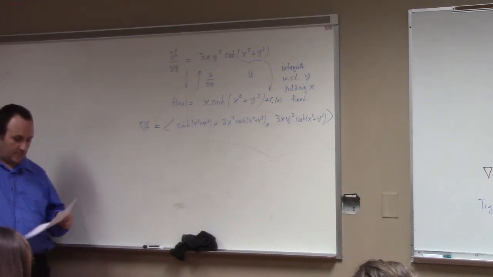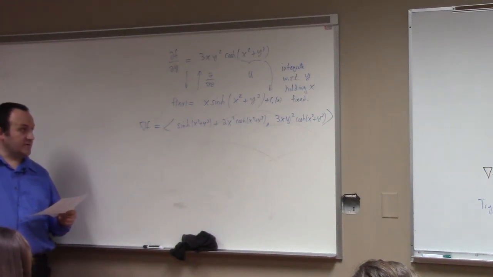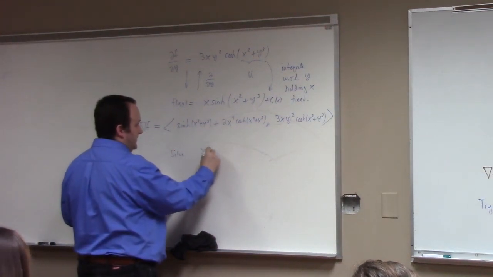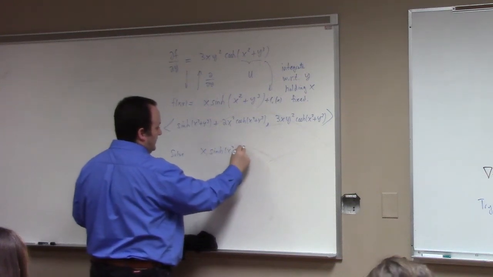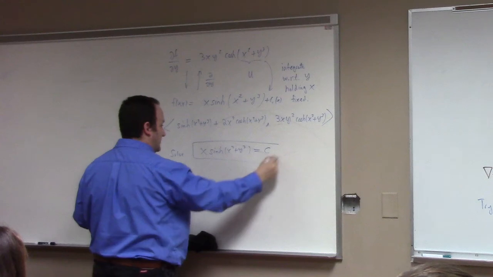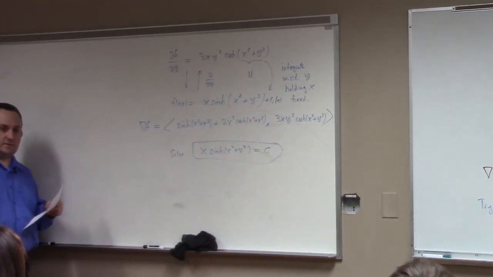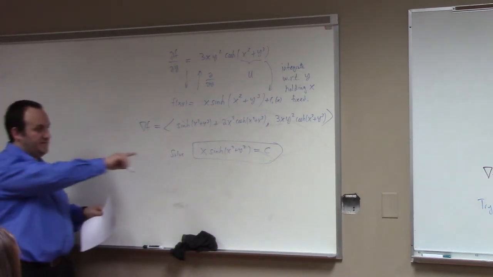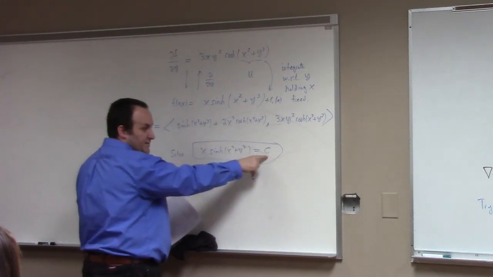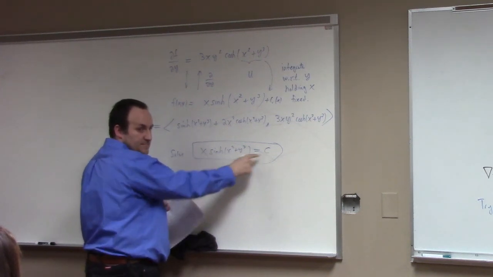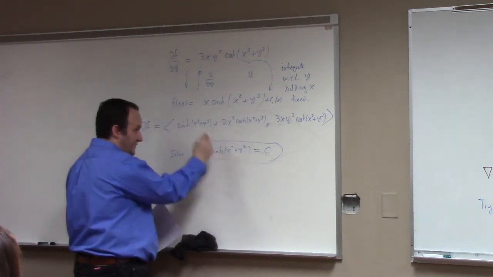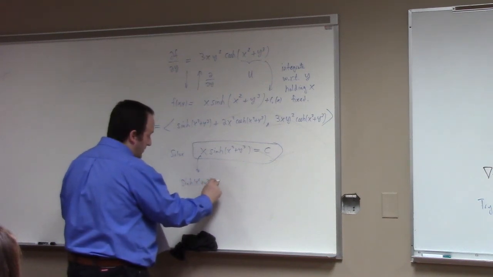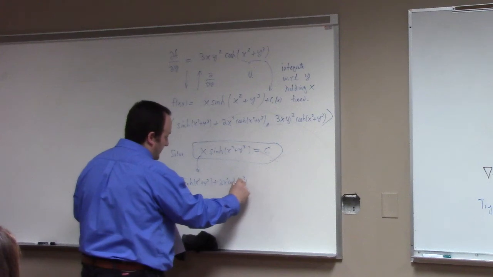So what do you mean about solve? Oh, the solution? It's literally x sinh of x squared plus y cubed equal to a constant. That's the solution. Because we've proved that if we take the total differential of this, right, what's the total differential of c? 0. So taking the total differential of this gives me sinh of x squared plus y cubed plus 2x squared cosh of x squared plus